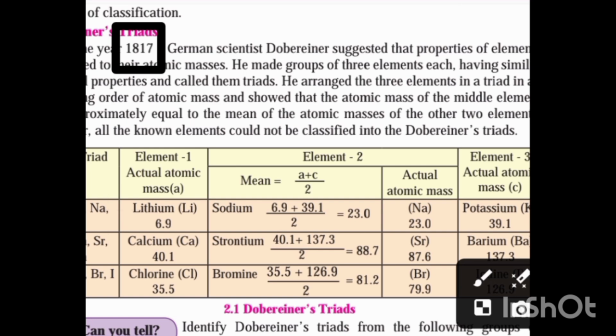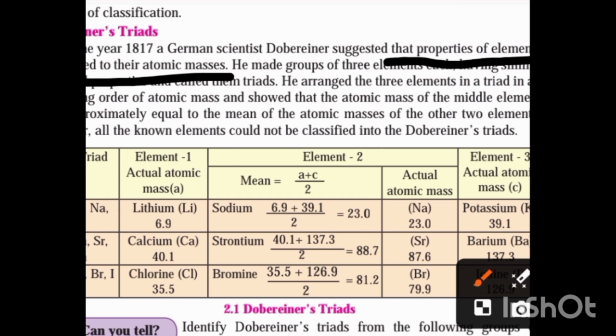Okay, so in which year did Dobereiner give this classification? In the year 1817. Okay, who was he? Dobereiner was a German scientist. If you write this in the paper, that he was a German scientist, the invigilator will be impressed by you. Okay, so Dobereiner suggested, and you have to underline this, that the properties of elements are related